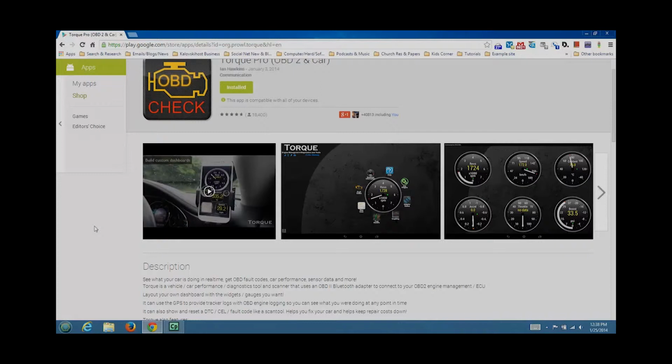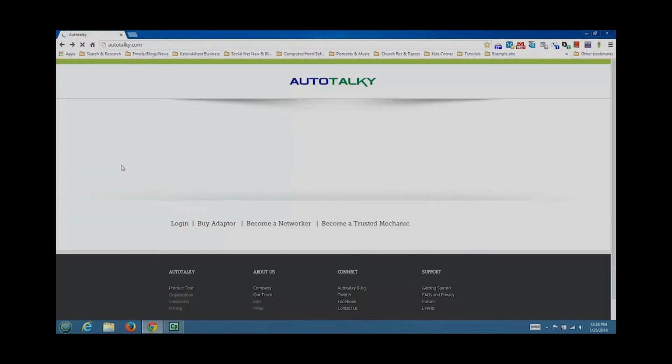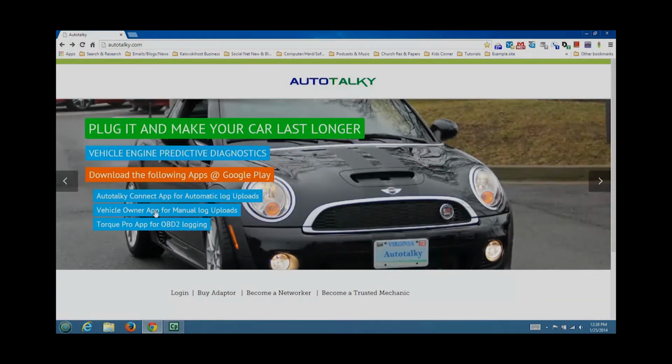What we actually did with Autotalky.com is read all the Torque log files and send them to our platform, and in our platform further extrapolation is done and sent back directly to your smartphone account through text or email. Now these are the three important things you need,